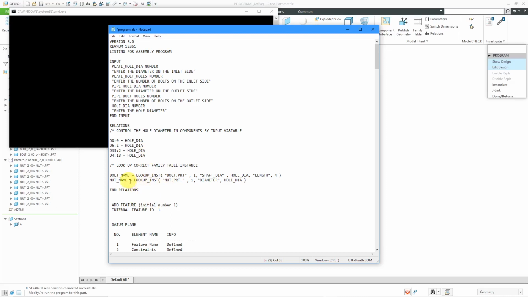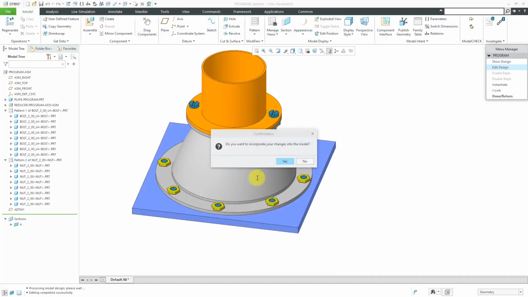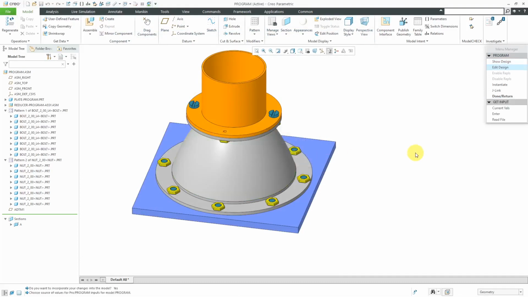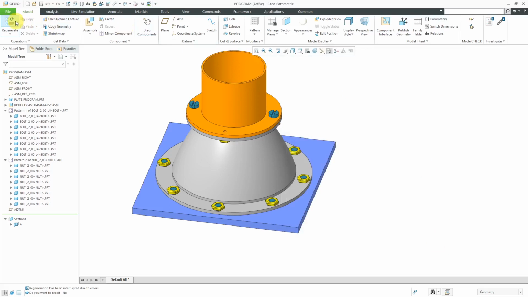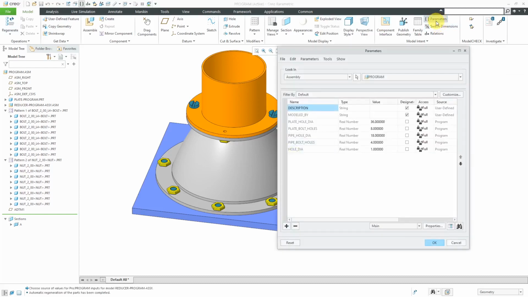At this point, I'm not going to do anything. I'm just going to calculate the variables to show you what ends up getting put in there. So let's choose save out of here and then exit. Yes, I want to incorporate the changes. Right now, if I bring up my parameters dialog box, you don't see the ones in here, but let's regenerate, and I'll just use current values again. Now when I go to the parameters dialog box,